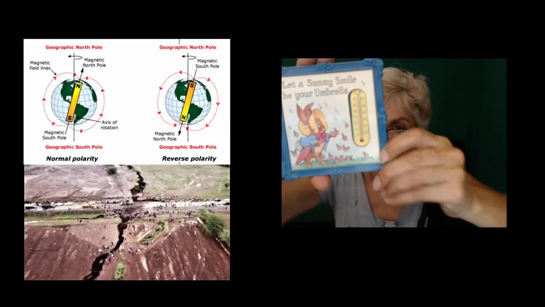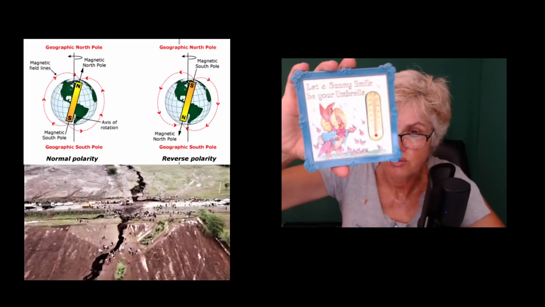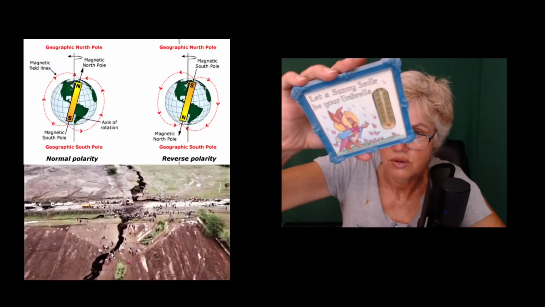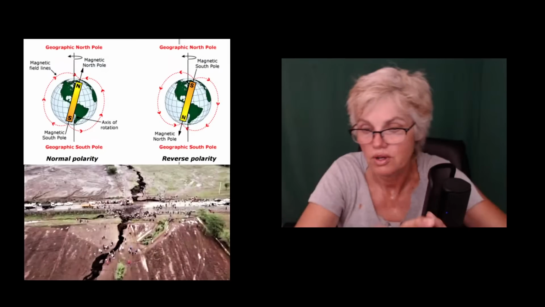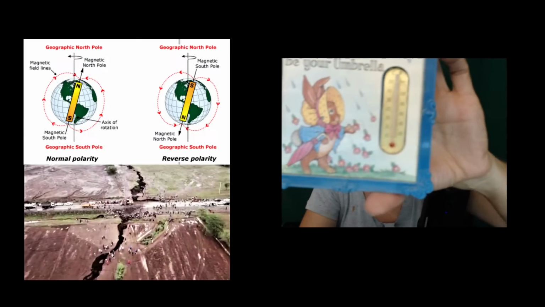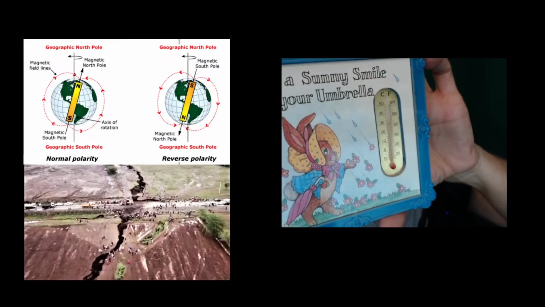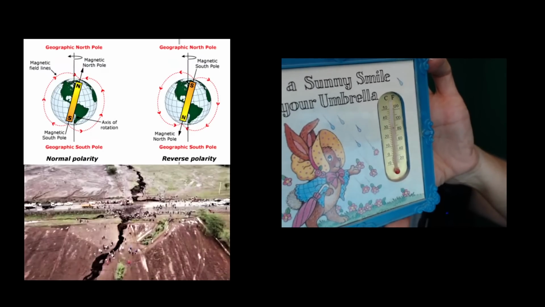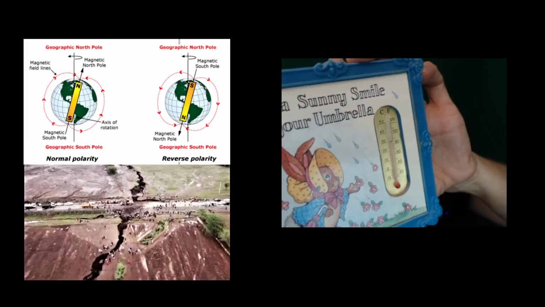You all better get yourself thermometers. If you're going to get a thermometer, get the glass kind. The digital ones ain't going to do you much good. You're going to have some glass thermometers so you can check and see if you get a fever. I wonder what happens if you check your temperature when you're super, super hot. What would happen? Okay, you can almost see it. It's up there around 95 degrees. You can barely see it.